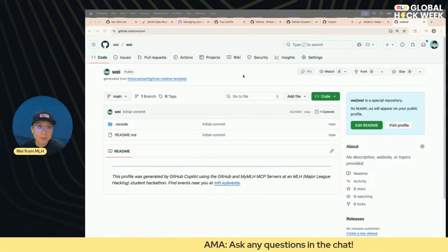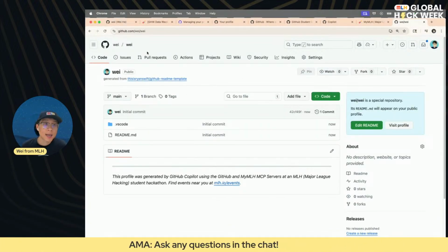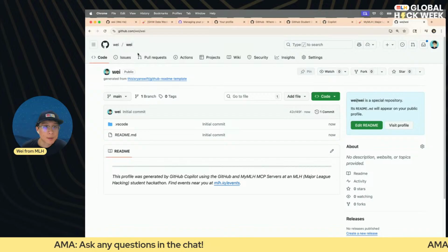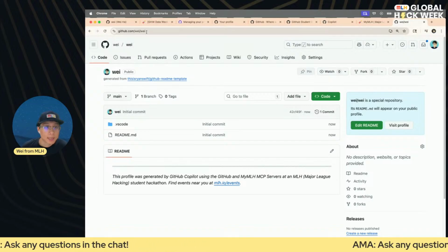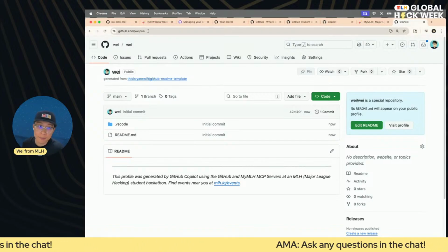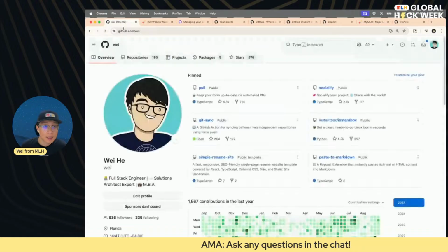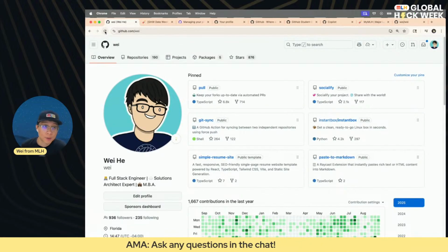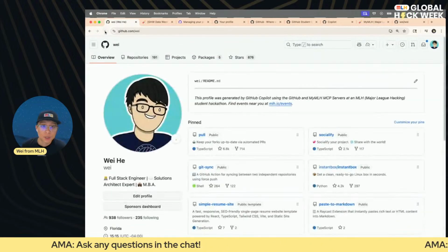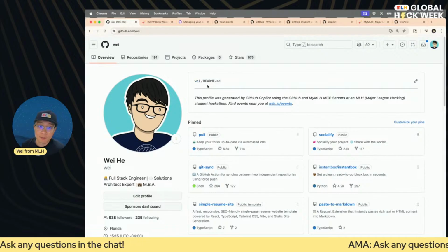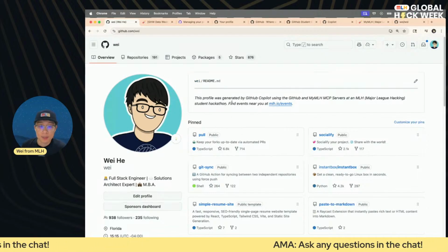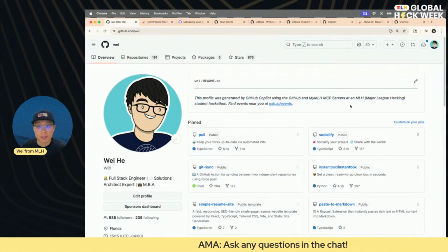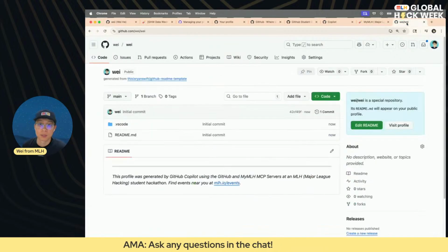It will take a few moments here. And just like that, you can see I now have a repo created under my username. You should have your own username there as well. Now if I go back to my profile and refresh, you'll see this README is now showing up here. This is very basic right now. We don't have any information in it, but we'll work together to add it.